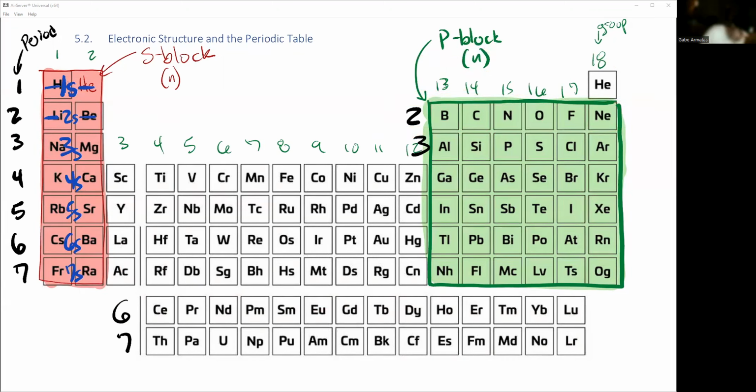So we're going to call this thing the 2p, okay? And the next one is 3p, 4p, 5p, 6p, 7p. Okay, so again, that's the p block. The next little setup we're going to take a look at is the